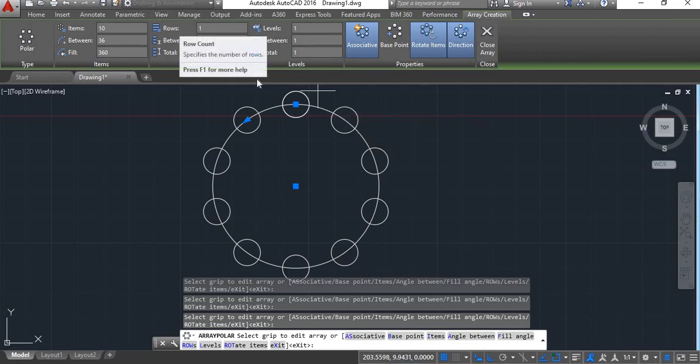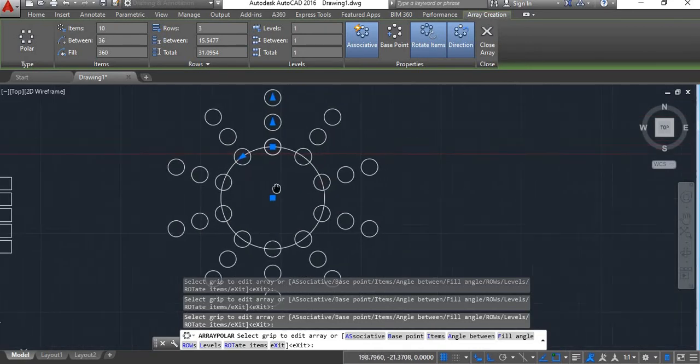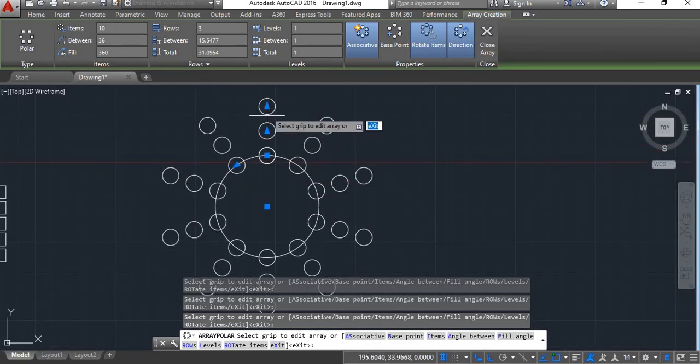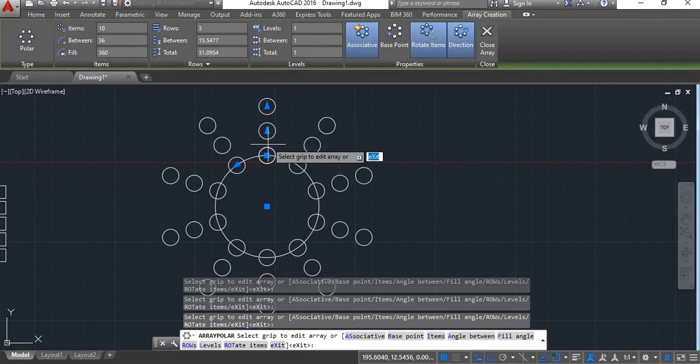Then you can make the rows of this object. Here you will change. I'll give it 3. Enter. You see, here you will get these rows of this object. Now you can specify the distance between the two objects or two rows. I'll give it 10.